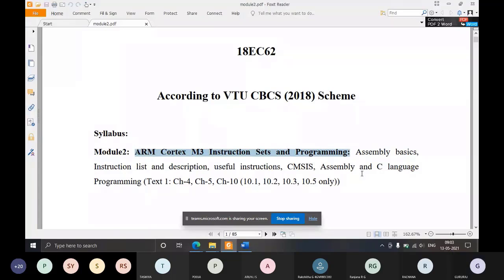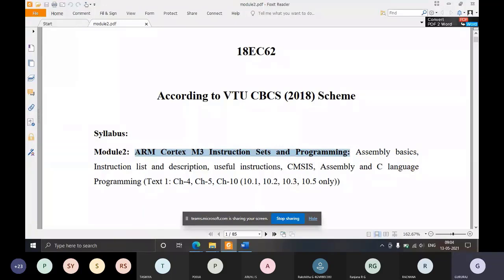So here, in the previous modules, we discussed the basics of the ARM controller, or microprocessor, or whatever you can call it. So we saw how many registers it has, how many special registers it has. Okay. So how much memory it has and how the memory is divided. So what are the various buses? Okay, and what is the reset sequence? So what is NVIC? Okay, everything we saw in module 1.